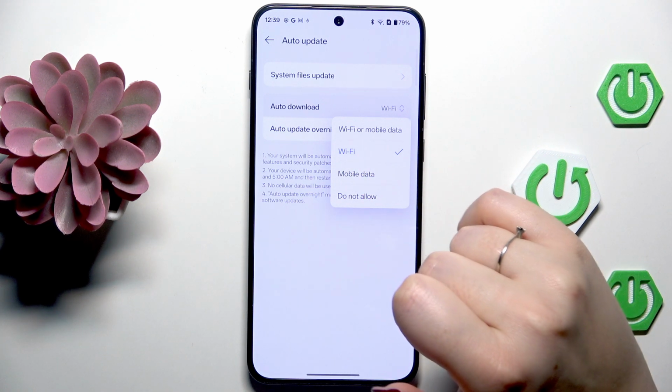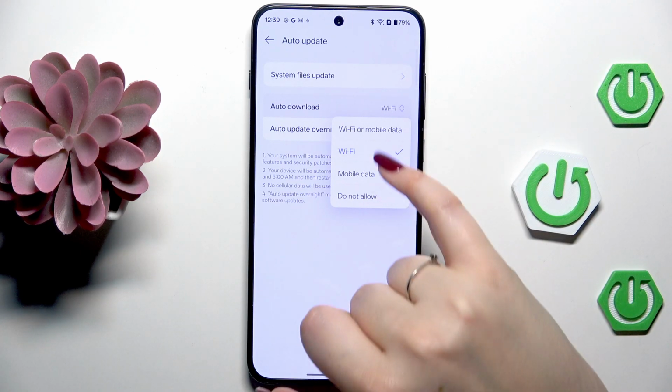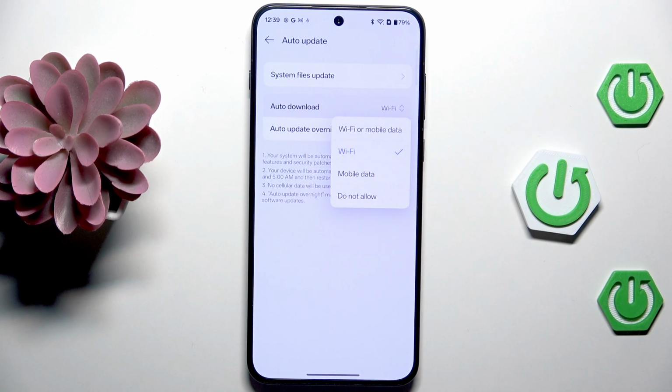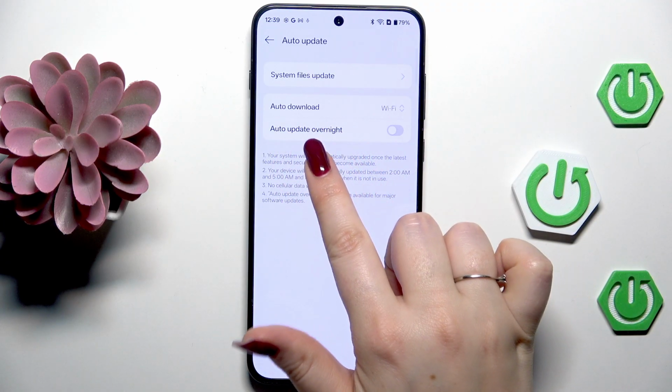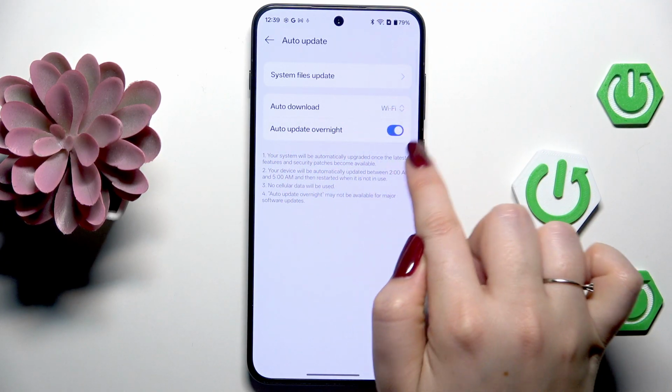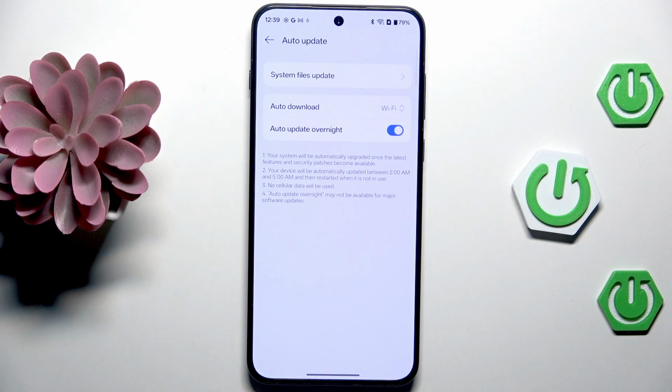Make sure that this option is marked. I do not recommend tapping on Wi-Fi or mobile data because thanks to using only Wi-Fi you can avoid some additional charges. And here I highly recommend to also tap on the switcher here to auto update overnight, because your